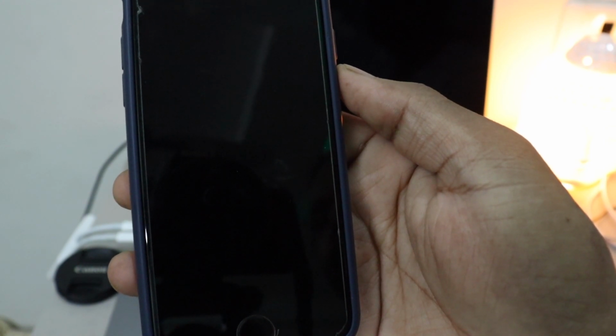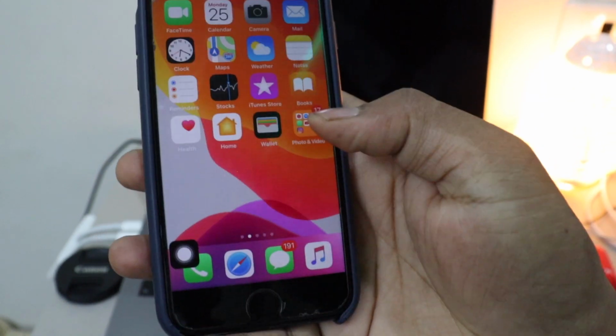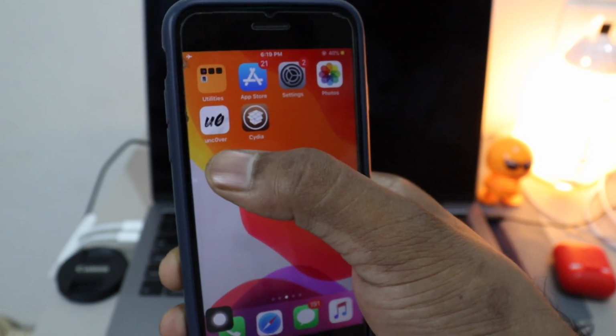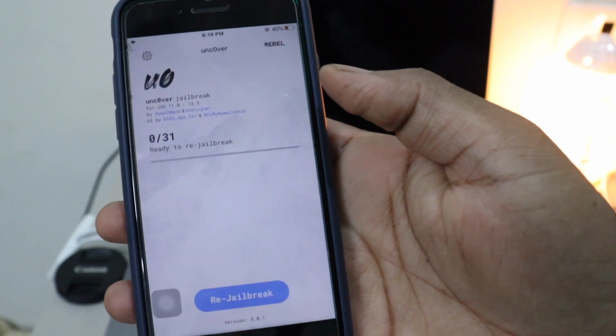Click on OK. And there we go, just open it and boom, there you have Cydia and Uncover. So now you're jailbroken completely.